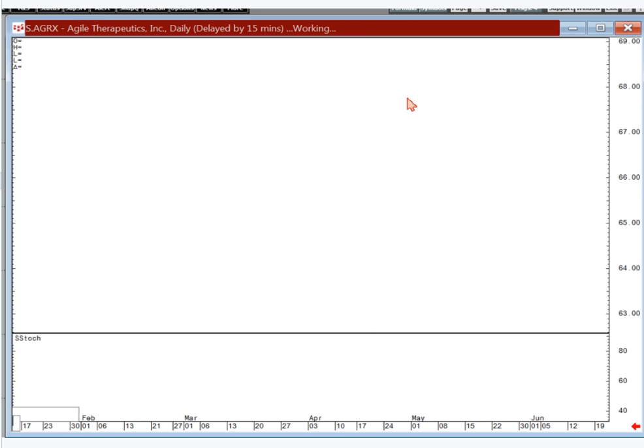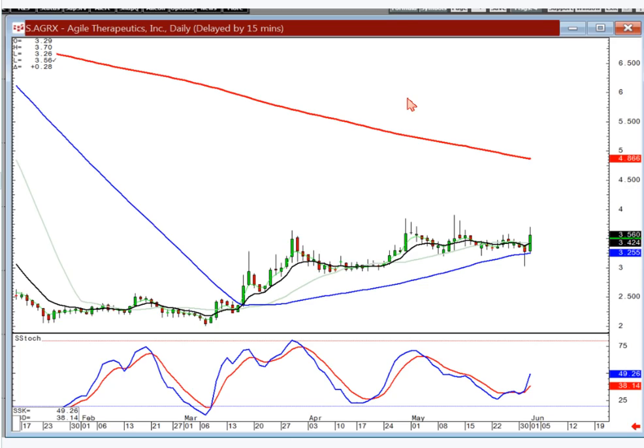AGRX. You can be buying this one. You want to see it break out